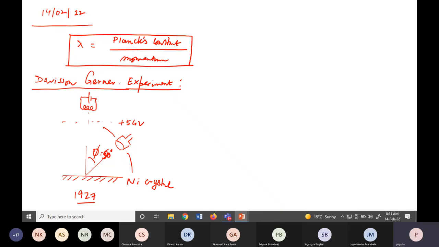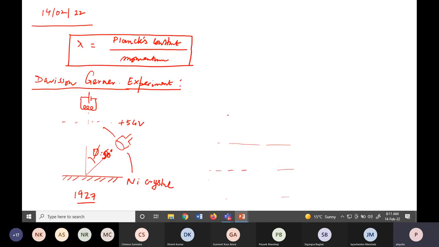The reason he used X-ray is that the X-ray wavelength and the distance between crystalline planes are of a similar order. So these are different crystalline planes of a particular crystal,